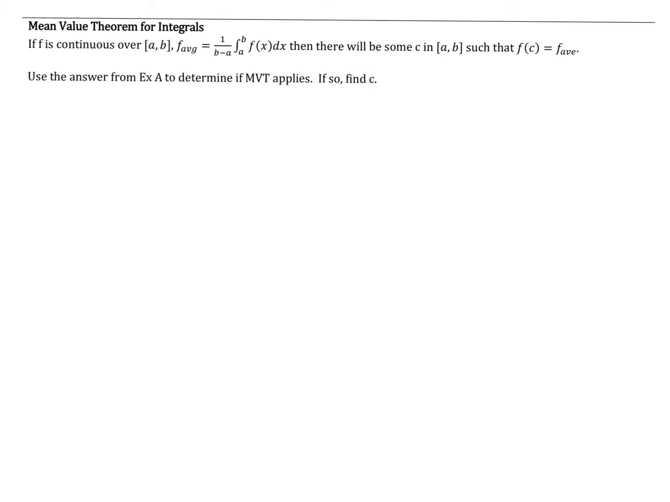If you remember back to an earlier chapter, we talked about the mean value theorem for derivatives, and that theorem said that if we have a continuous and differentiable function, then at some point the average rate of change, or the slope between 2 points, would be equal to the instantaneous rate of change, or the derivative. The mean value theorem for integrals is really talking about the same idea. If we have a continuous function,